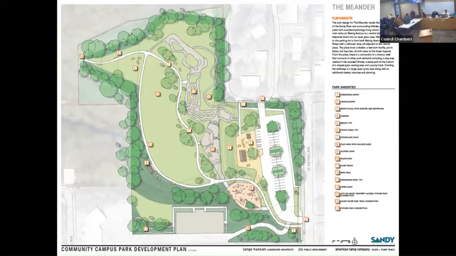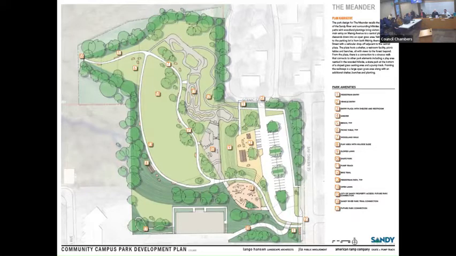In some respects, it was almost a landslide in terms of what we heard both at the open house and in the survey itself, with the meander being the plan that people overwhelmingly wanted to see. There were a couple of comments that we've incorporated into the plan, but in terms of the skate park location, the pathways, parking lot, plaza, and play area, it all consistently ranked #1 for each of those particular items.